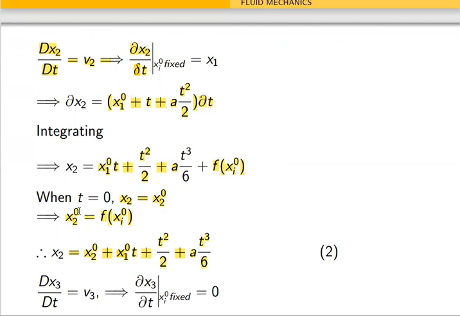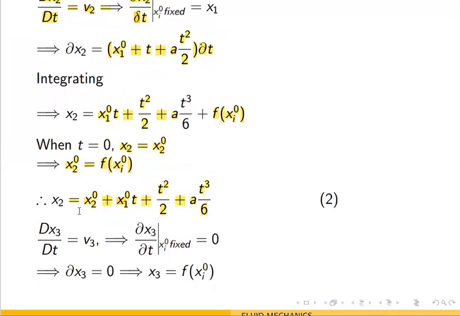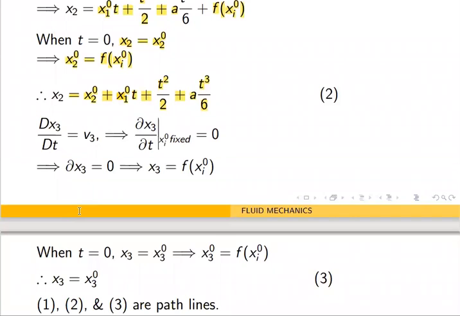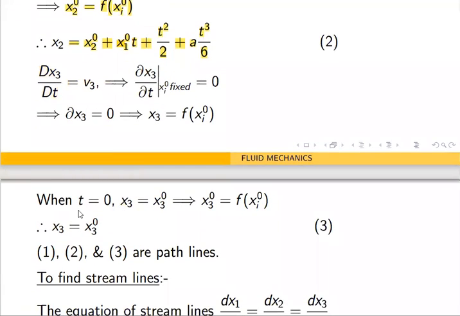We'll call it equation 2. Similarly, consider dx3/dt equal to v3. ∂x3/∂t with xi naught fixed is equal to v3. What is our v3? v3 is 0. So ∂x3 equals 0, cross multiplying. So integrating this, we get